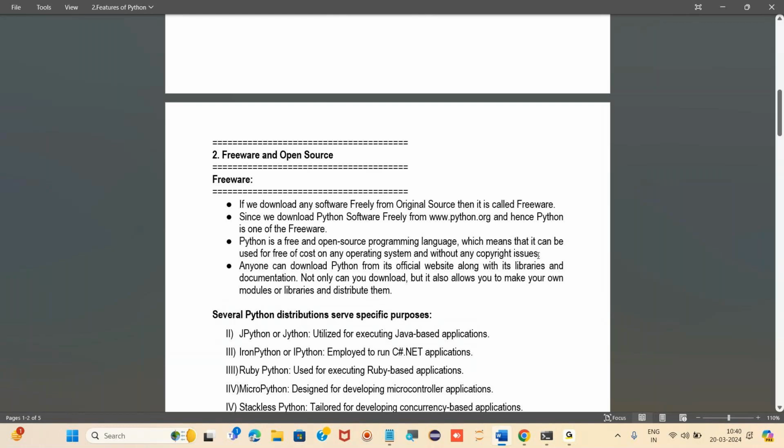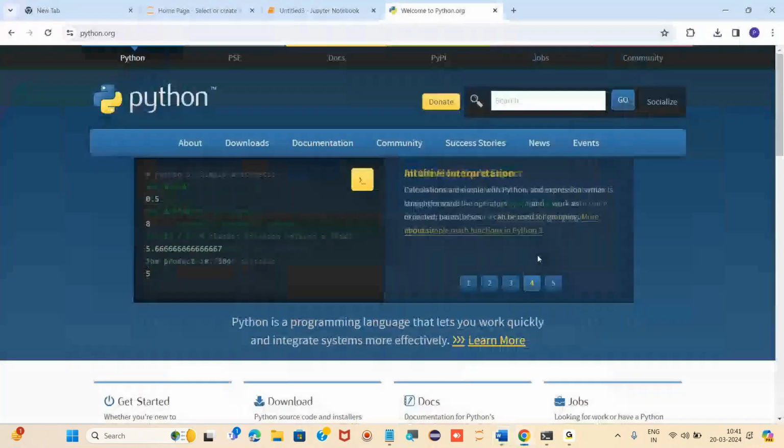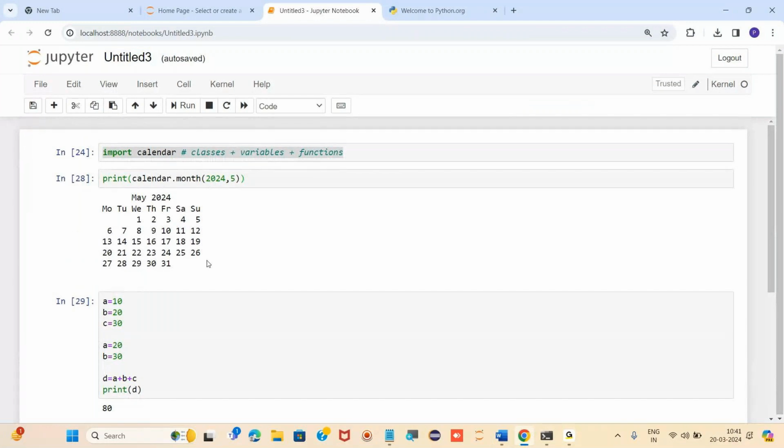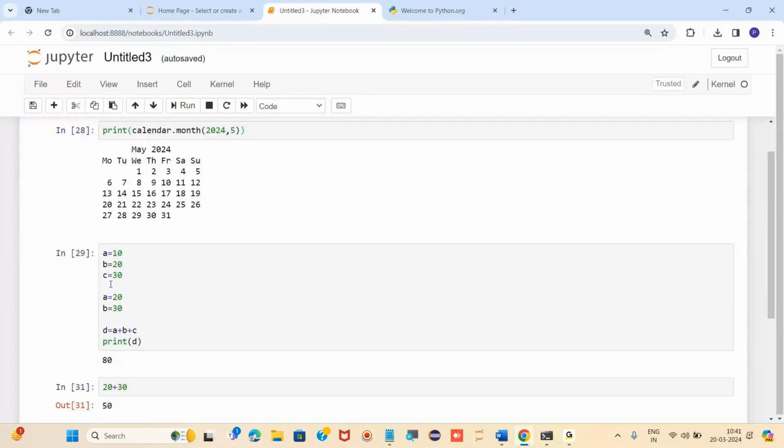The same kind of program we can write in Mac OS, in Linux, and in Windows also. So that is why this is an open source language.